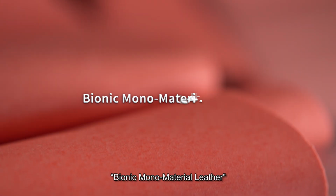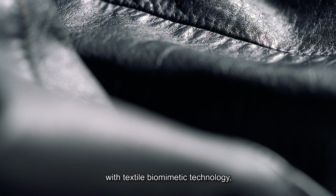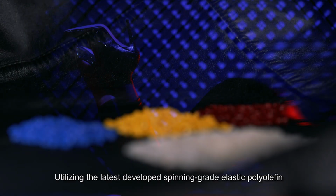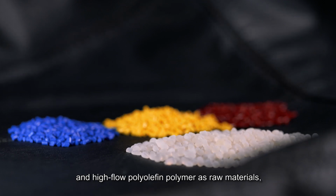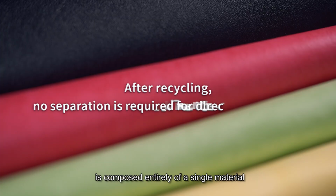Bionic monomaterial leather is a new generation product that combines innovative materials with textile biomimetic technology, boasting excellent breathability and elastic stretch. Utilizing the latest developed spinning-grade elastic polyolefin and high-flow polyolefin polymer as raw materials, Bionic monomaterial leather is composed entirely